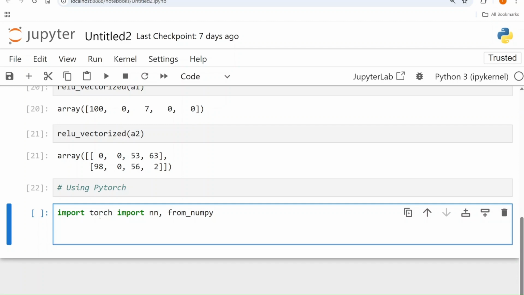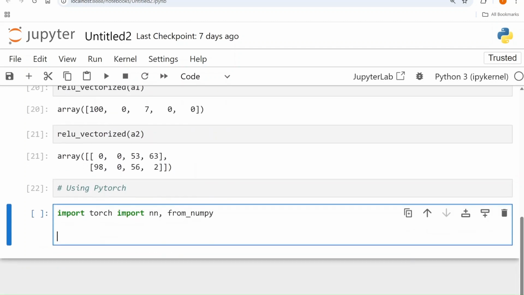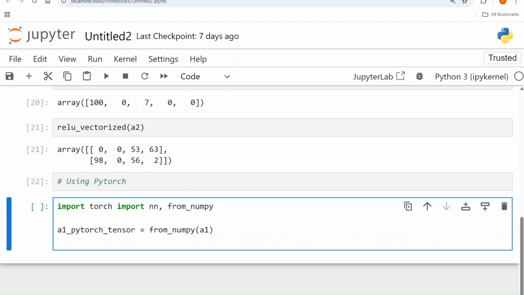So I'm going to again use the two arrays that we defined earlier, A1 and A2. So let us first convert these into PyTorch tensors. So for this, I'm going to say A1 PyTorch tensor is equal to from_numpy, this function that we have imported earlier from PyTorch, we're going to pass A1, and similarly A2 PyTorch tensor equal to from_numpy A2.